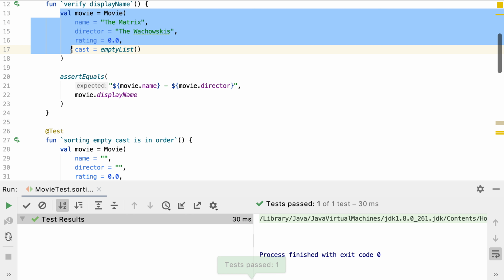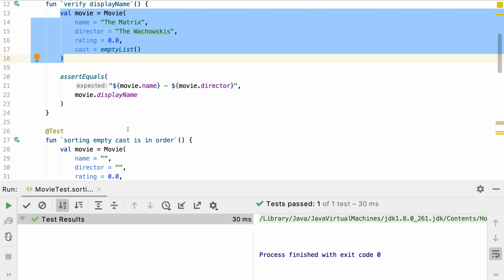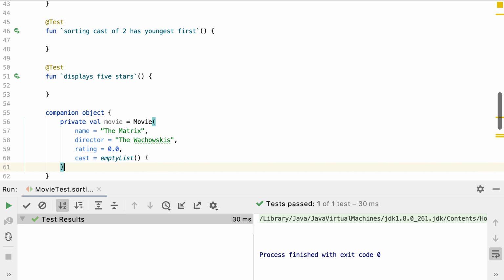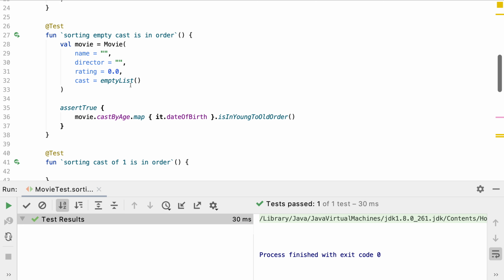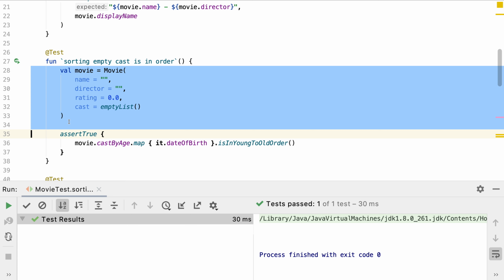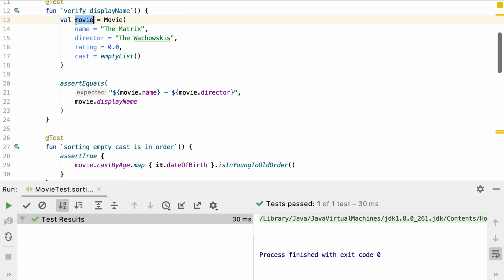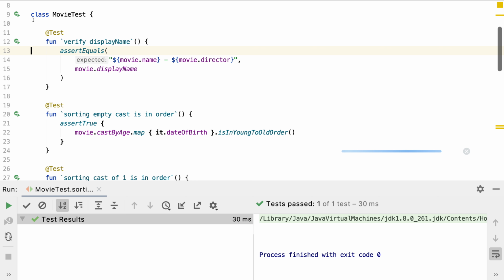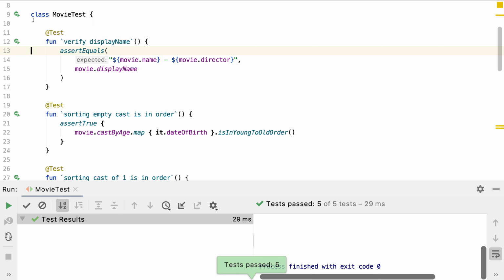Looking at the code, we can see movie creation is duplicated, so let's move that into a companion object to create it just once. And running our test suite, we see that both tests still pass.